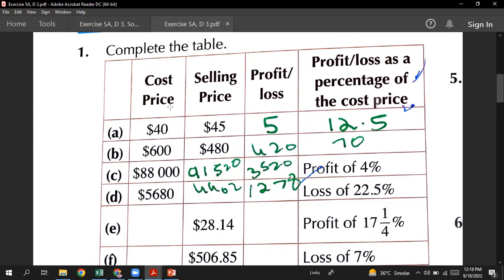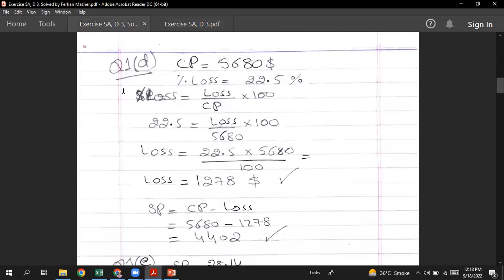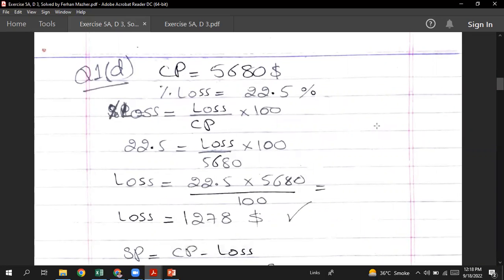The cost price is $5,680. The loss is 22.5%. Okay, so now I know the cost price and I know the percent loss. The cost price is 5,680, percent loss is 22.5%. Percent loss, you know the formula is loss divided by cost price multiply 100. So the percent loss 22.5 equals loss divided by 5680, the cost price, multiply 100. So loss will be equal to 22.5 multiply 5,680 divided by 100. So the loss is